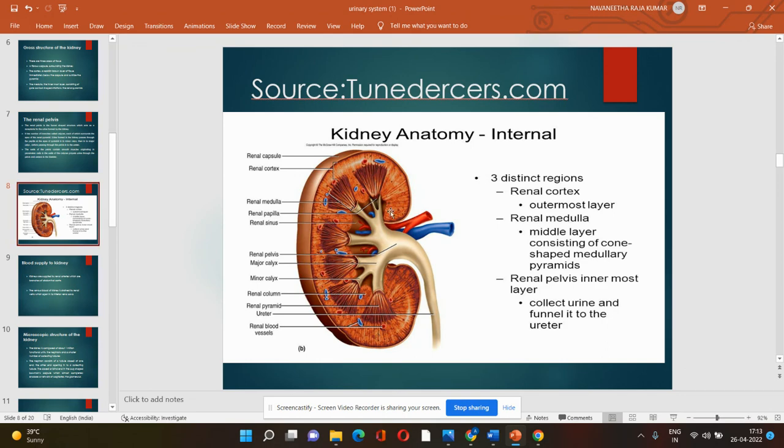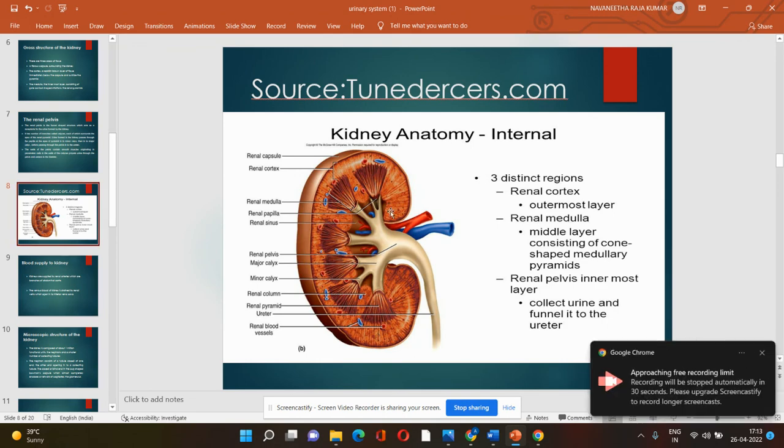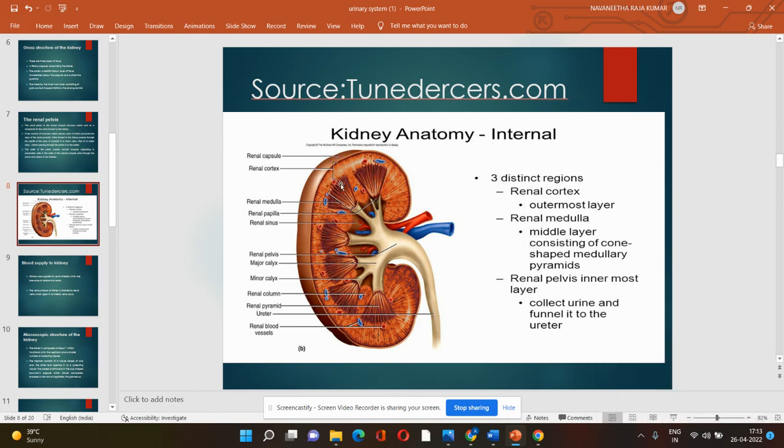From this internal portion of the kidney, the internal anatomy, we can see the renal capsule surrounds the kidney, and the three distinct regions: the renal cortex, which is reddish brown in color; the renal medulla in the middle layer, where the conical shaped medullary pyramids are found; and the renal pelvis, which is the innermost layer which collects the urine. It acts as a funnel shaped organ, a receptacle for the urine, and it passes the urine into the